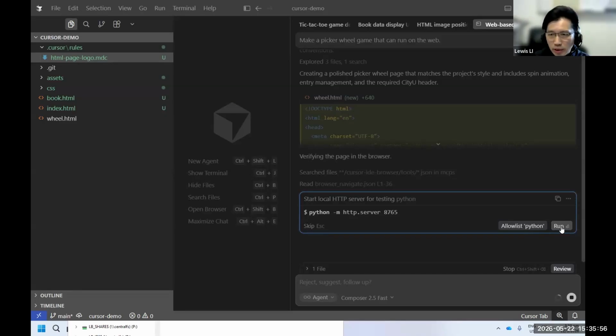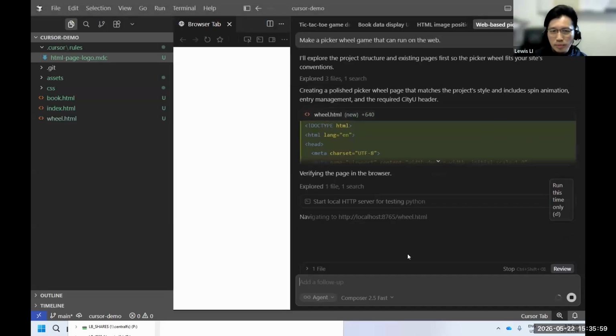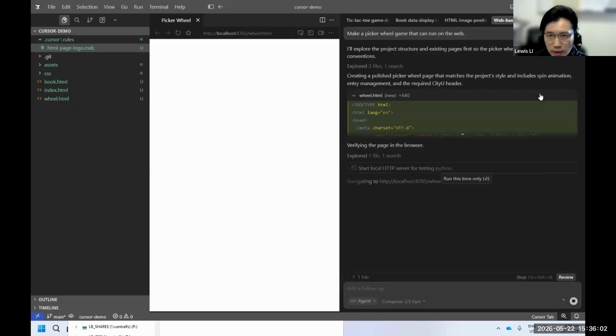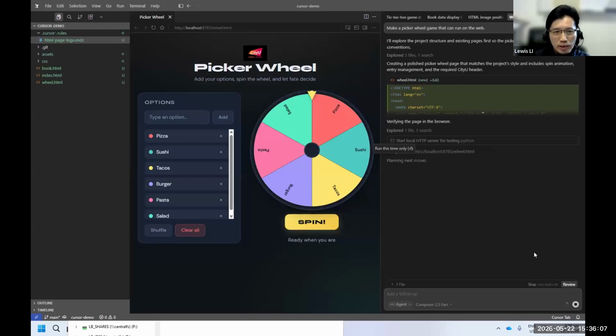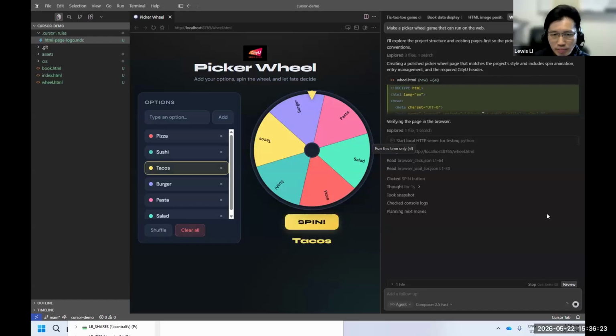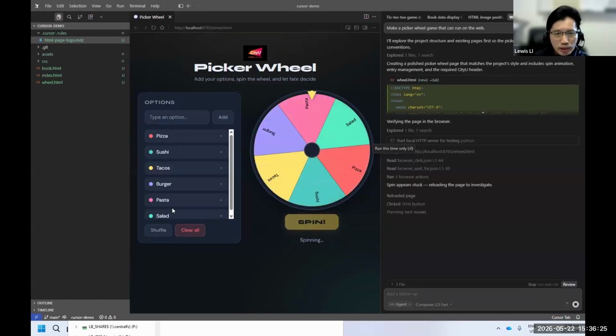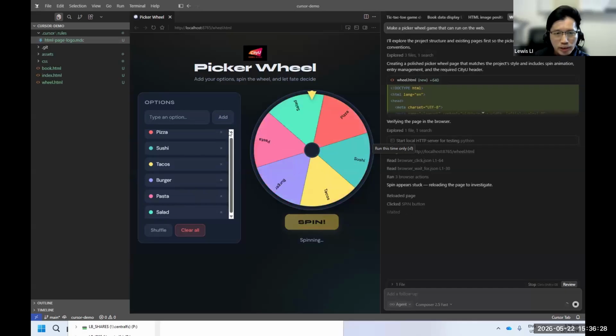All right, so I just click continue, and you can see something here. So it's now generating a picker wheel. Okay, and you can see the logo is on the top, right? The logo is on the top here. And also I can play around with the picker wheel, even though it's still generating. And you can change different settings here on the left hand side to change the different options in the wheel. Okay, I just let it continue.